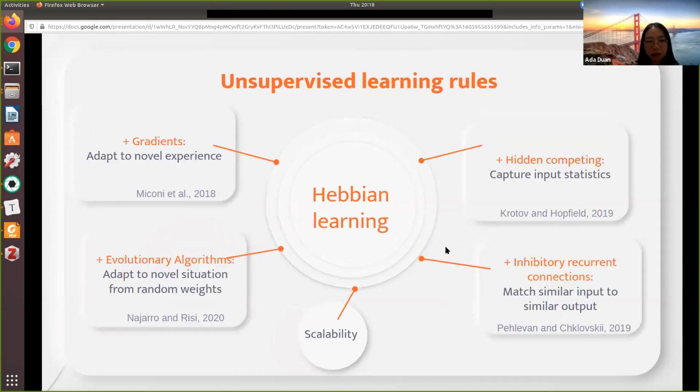On the other end of the spectrum, we have fully unsupervised learning rules that we know are going on in the brain. For example, various forms of Hebbian learning. When combined with some other mechanisms, Hebbian learning can learn some interesting things. For example, if we take into consideration the competition between neurons, it can capture the input statistics.